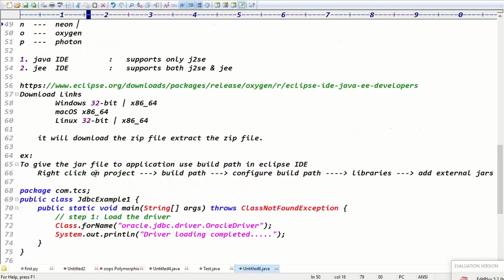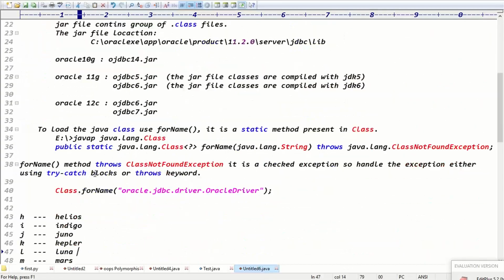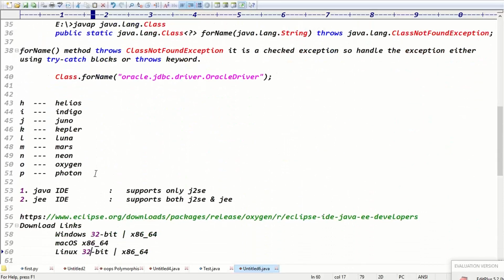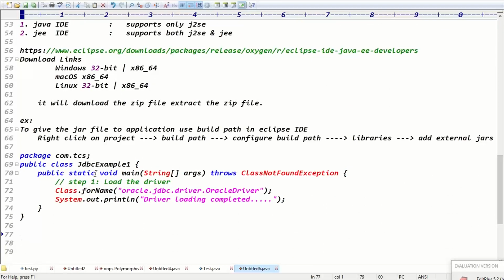Guys, today try to install the Eclipse IDE. If you have installed it, no problem. If you haven't, try to install Eclipse IDE, load the driver and complete the first step. Don't postpone the practicals, please.